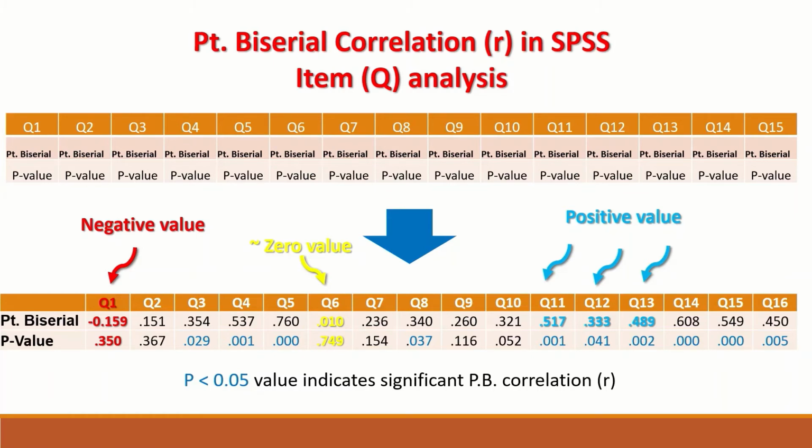Number 10 is a good question, and 11, 12, 13 I have described. Number 14 is a very good question. Number 15 is a very good question, and for number 16 I have the data, but it wasn't included in the tables. Number 16 here is a very good question, as the p-value is less